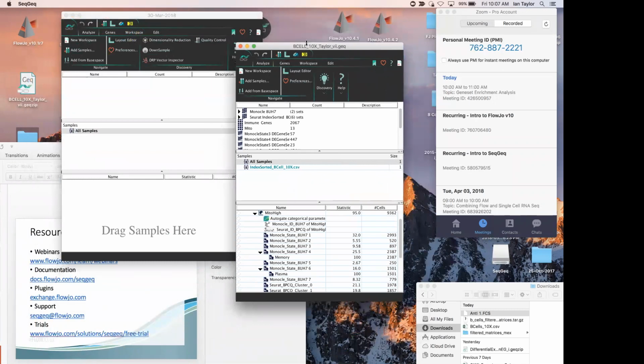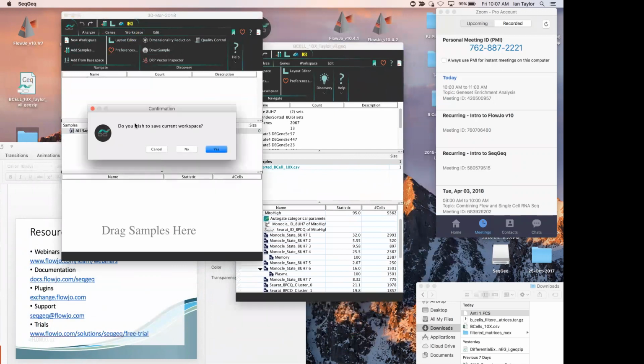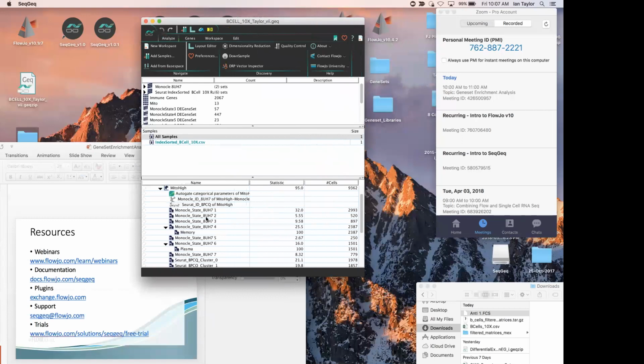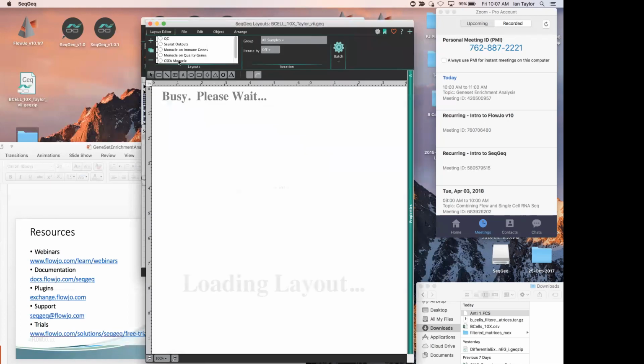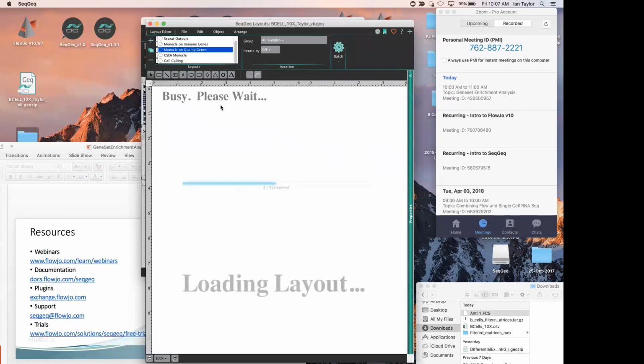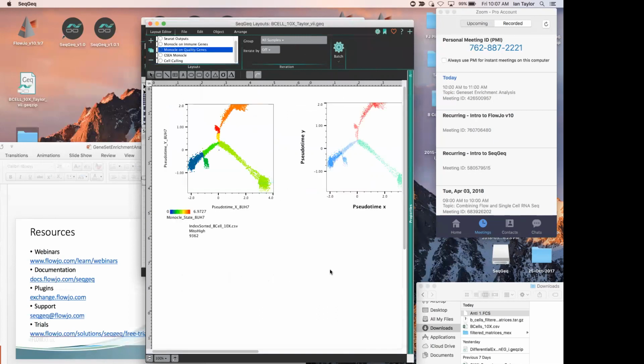Here we see some B cells that have been pre-analyzed by myself. These B cells come from 10X as part of a set of demo data that they provide. So it's a very homogeneous population, but we were able to actually do some clustering in Monocle, and we got some good results there. So I'm going to just illustrate that here. Here we see the dimensionality reduction that's produced by the Monocle tool, which is developed and